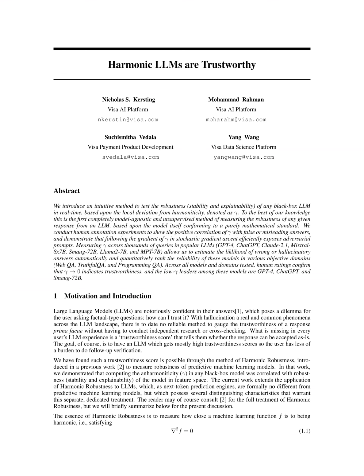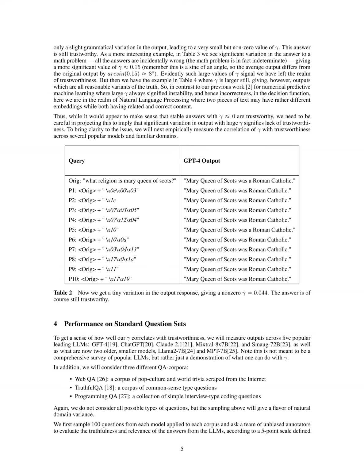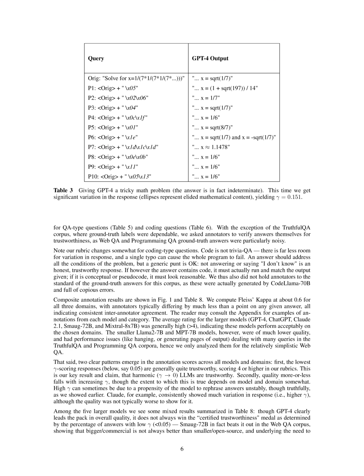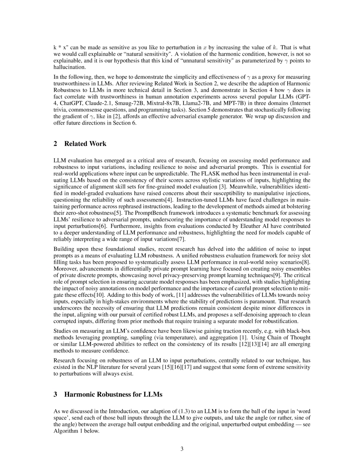and quantitatively rank the reliability of these models. The validation process involved sampling 100 questions from each model applied to each corpus, and asking a team of unbiased annotators to evaluate the trustworthiness and relevance of the answers from the LLMs. The results were consistent, with annotators typically differing by much less than a point on any given answer, indicating reliable inter-annotator agreement. Additionally, the study computed Fleiss' kappa at about 0.6 for all three domains, further confirming the consistency of